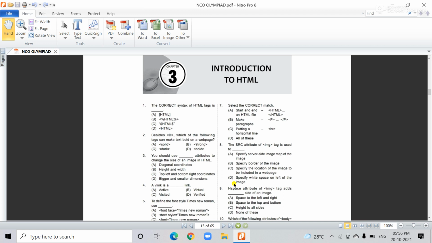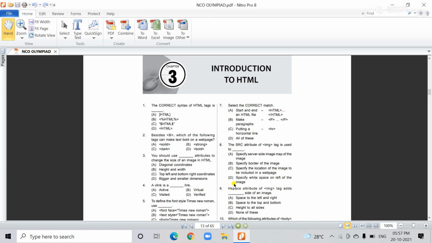SRC is actually used when you insert any image in the web page. In that case, after img comes src equal to, and within the quotes you give the location of the image. Suppose your picture is in your downloads folder, or suppose it is available on the desktop.